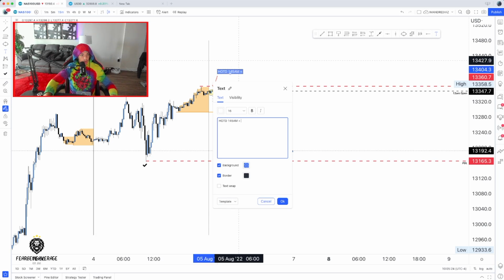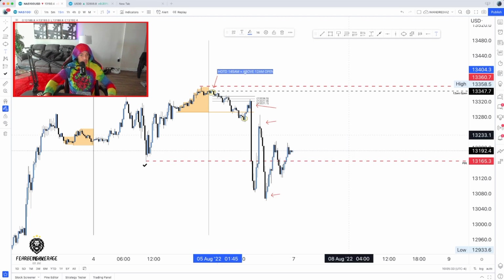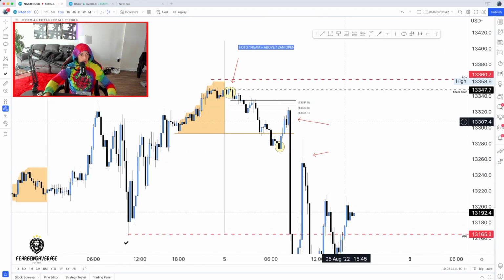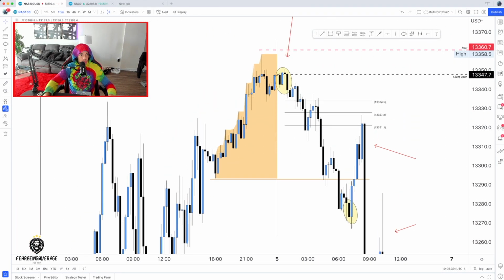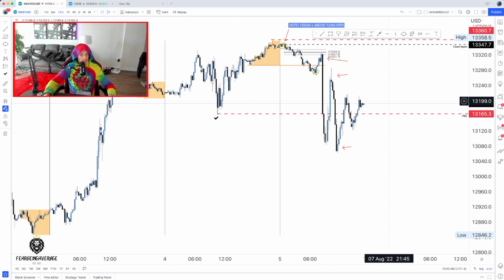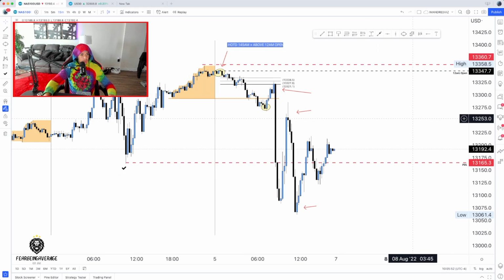Along with what else? Above the 12 a.m. open. Even though it didn't go very high above it, if I zoom all the way in to right when we got that high of the day, you see price came right above that opening price, created a doji before dropping lower, just like that. Okay, so now we have the high of the day.